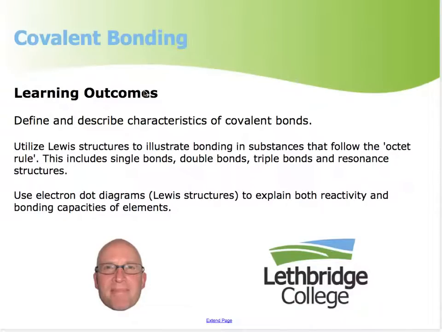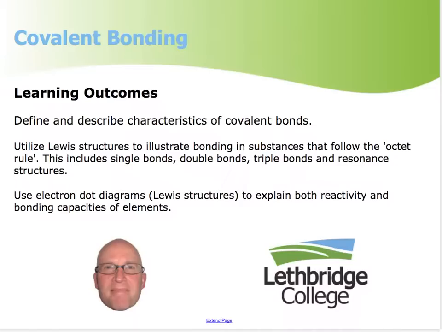Let's turn our attention to the second main type of compounds or bonding, and that's known as covalent bonding. So we'll look maybe at some quick descriptions or characteristics of covalent bonds, and then we'll use a tool called Lewis structures or Lewis diagrams or Lewis dot diagrams to help us sort of understand what's happening with the electrons